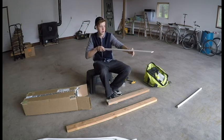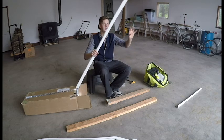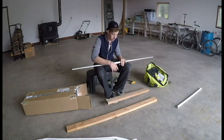Make sure you do any adjustments that you want to. This one's actually a little curvy. I might need to straighten that. When it's hot, you can actually curve it. So once you're done with that step,